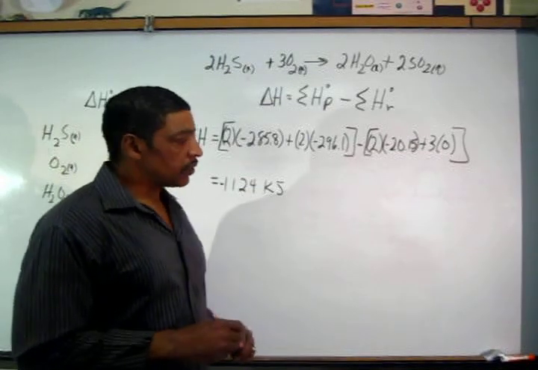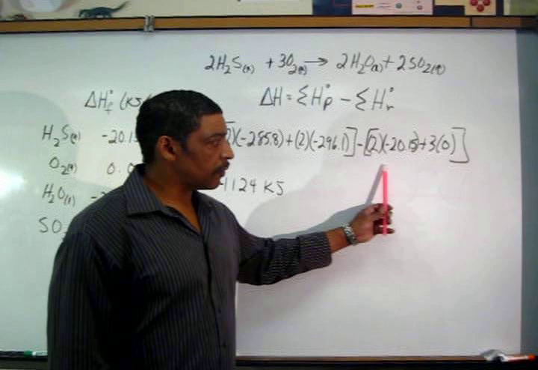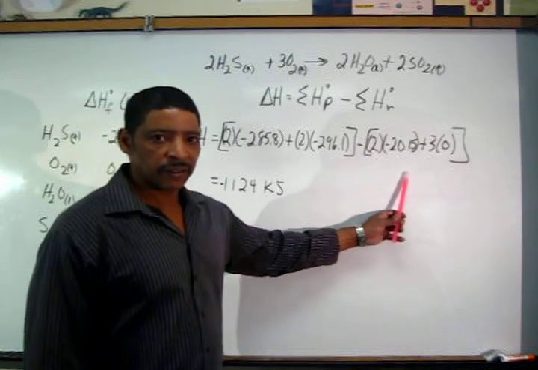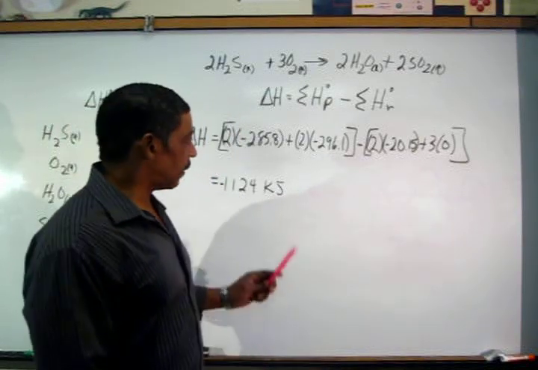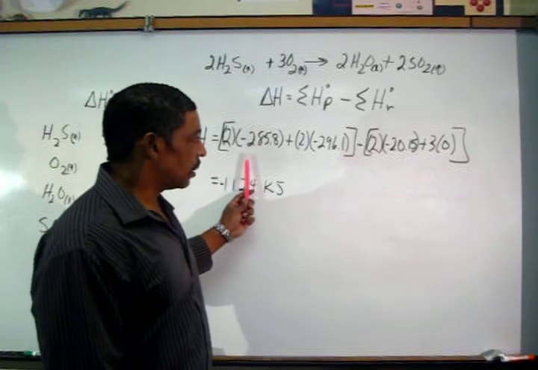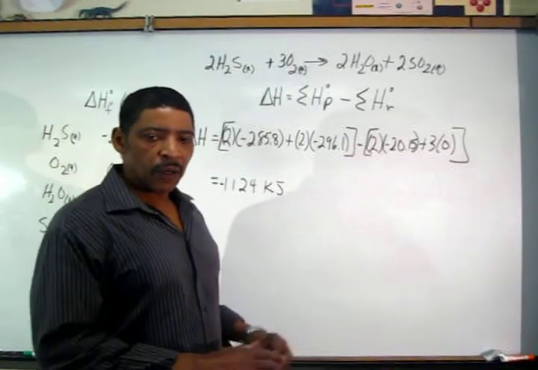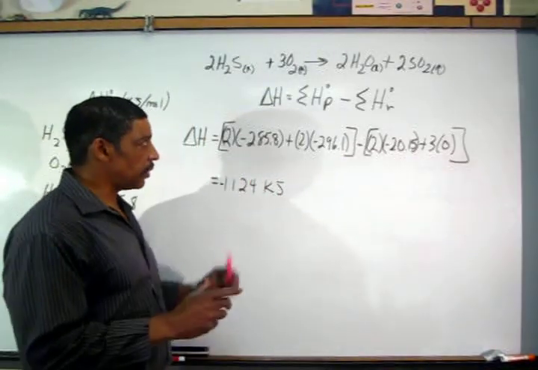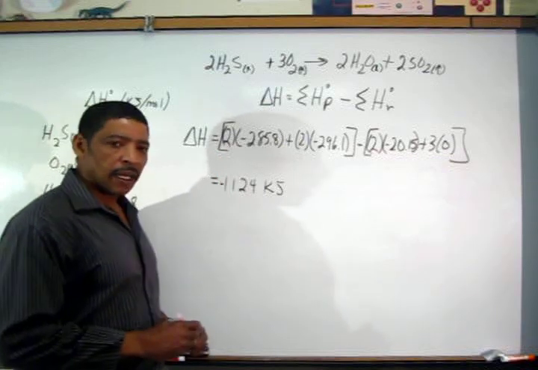So, subtracting the sum of the heats of formation of the reactants from the sum of the heats of formation of the products will yield a final delta H for this reaction of a negative